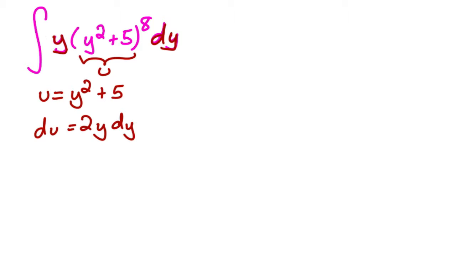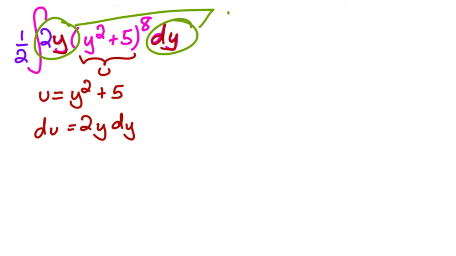Because if you let u equal y squared plus 5, the derivative of that is 2y dy, and you have that right here. You have a y dy, so all you need to do is multiply by a 2, and then you'll divide by 2 on the outside. And so, easy peasy, no problem. Here we have, this is du, and so when I rewrite this, this is going to be 1/2 the integral of, here I have u